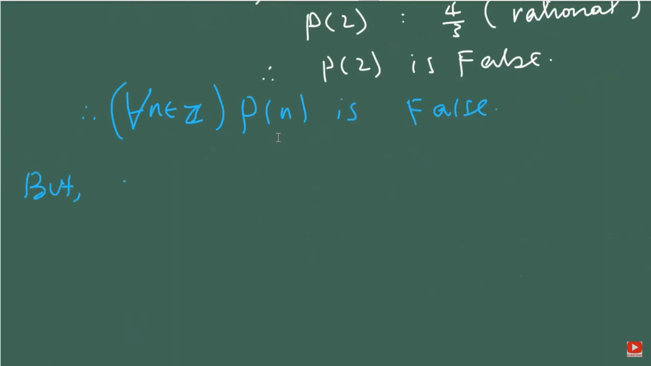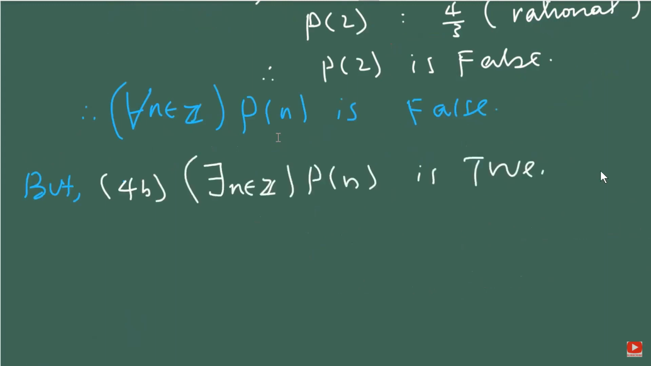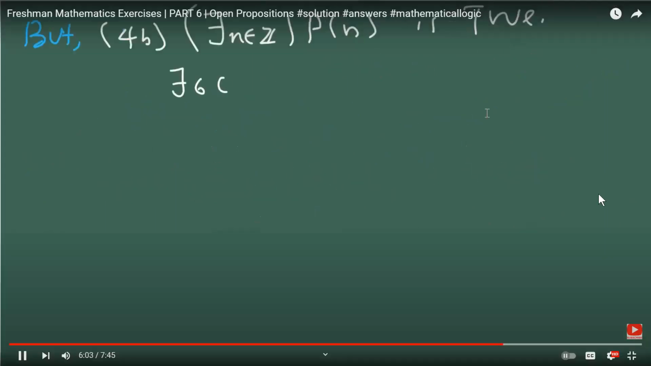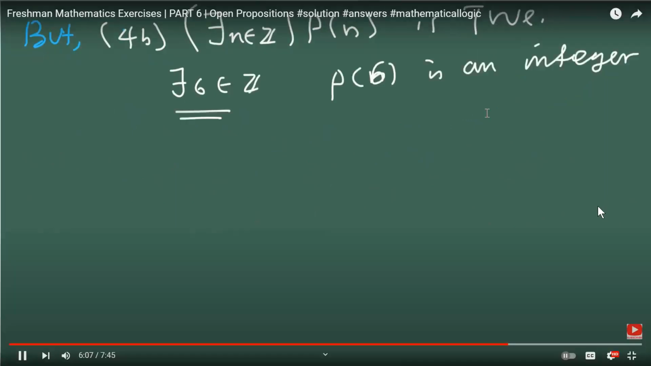But part B, question 4B, there exists an integer n such that P(n) is true, because there exists an element of the integers, P(6), that is an integer. Actually, any multiples of 3, P of